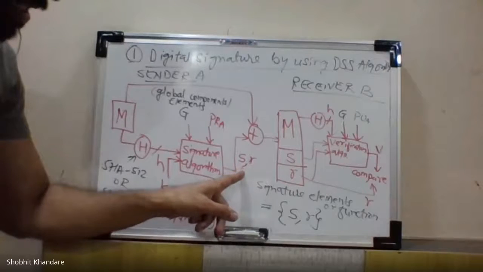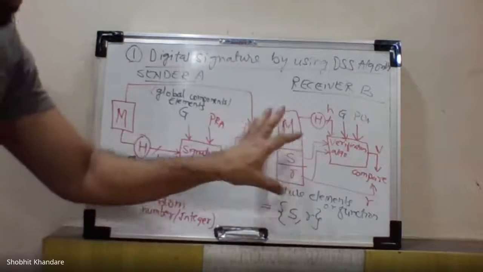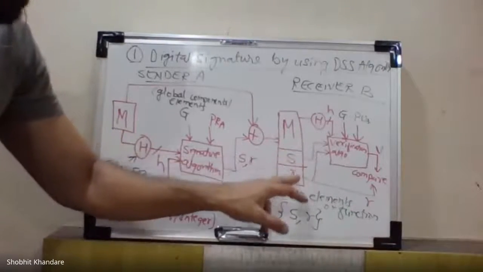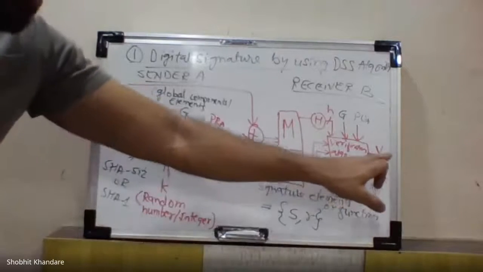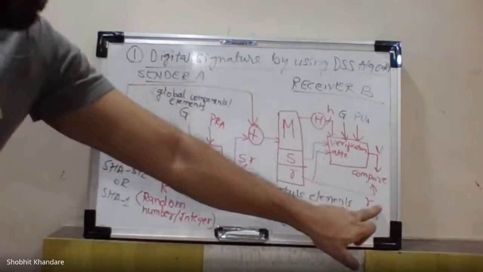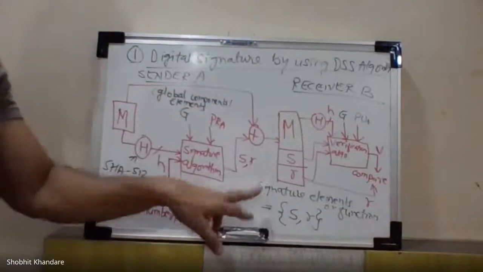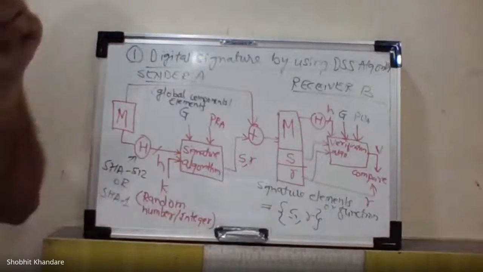because once we generate these, they are appended with the plaintext message, so that this M, S, R is received at the receiver side, and this operation is done on M, S, and R, so that we get the output of the verification algorithm as small v, which has to be compared with this one element which is called R. Okay, so below the block diagram, please write: signature elements and functions are s, r.